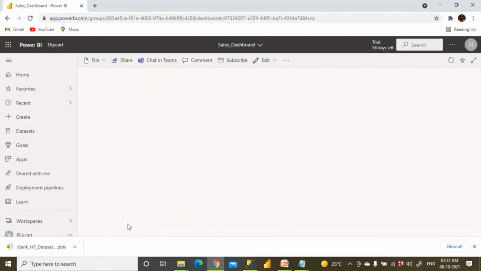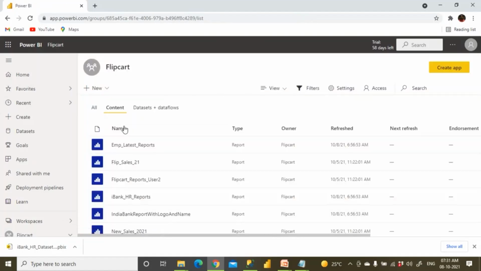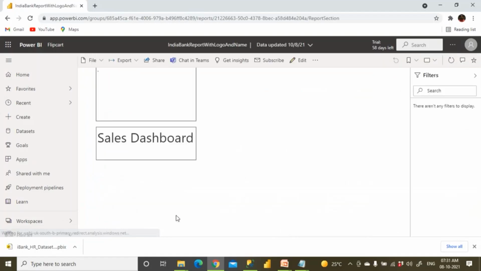So what is it that we wanted to add first? We would like to add the company logo and everything. Where is the logo available? Logo is available in one more report. Go to the Flipkart, and which report? In this, we have to bring it. When you click on this, you will be able to